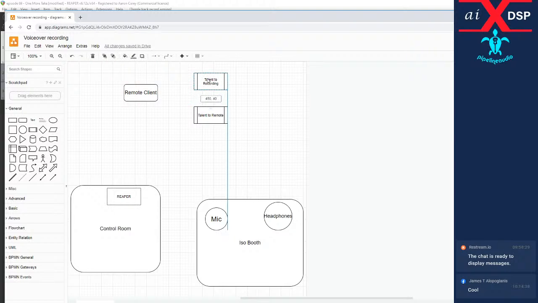And this might be part of another piece. We'll deal with that in a second. We need to hear talk back from control room to talent. So that's me talking to him, which may or may not be separate from the recording playing, but we can actually probably